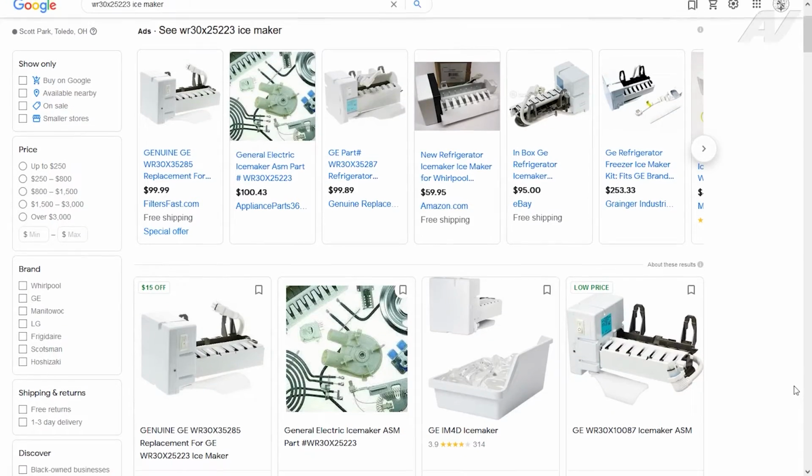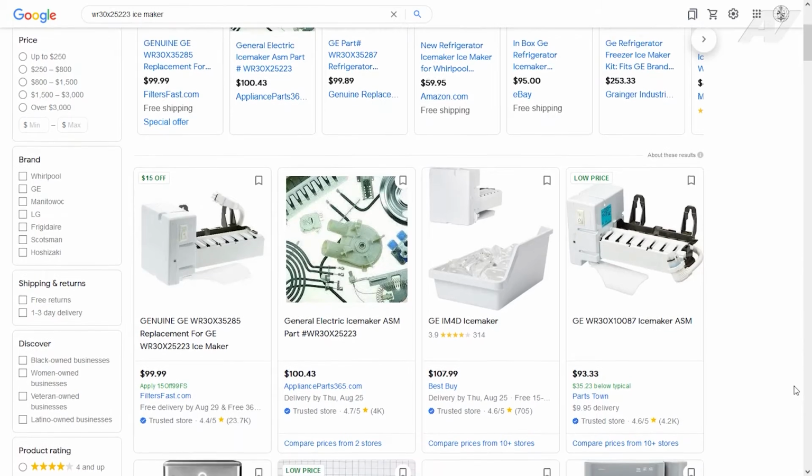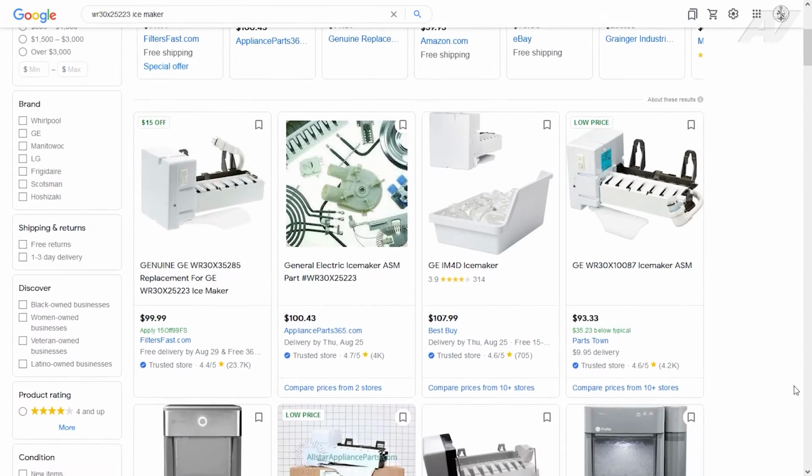Here's a little secret that most consumers are not aware of when purchasing replacement appliance parts from Amazon. When you're purchasing parts from Amazon or other online retailers, and find a part that is significantly cheaper than other options you find, you're taking a risk that you are going to get an inferior product compared to a factory replacement part. But what good is saving some money if the part will not hold up, or sometimes is defective